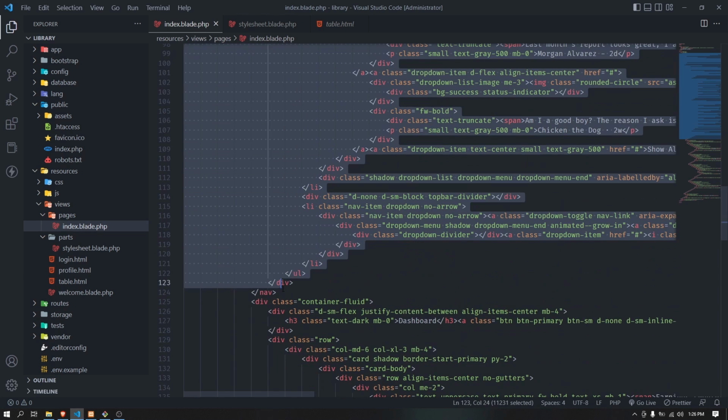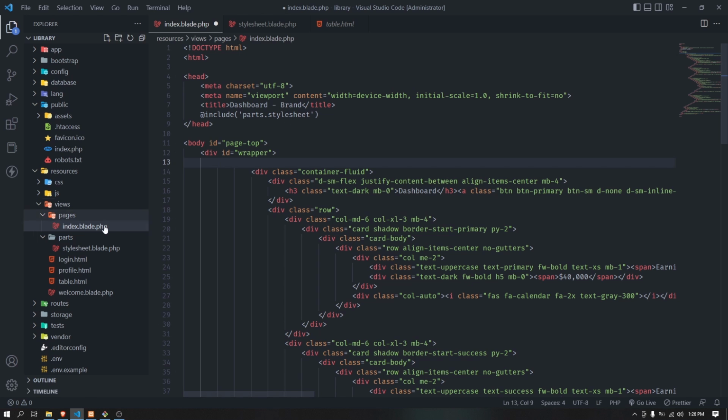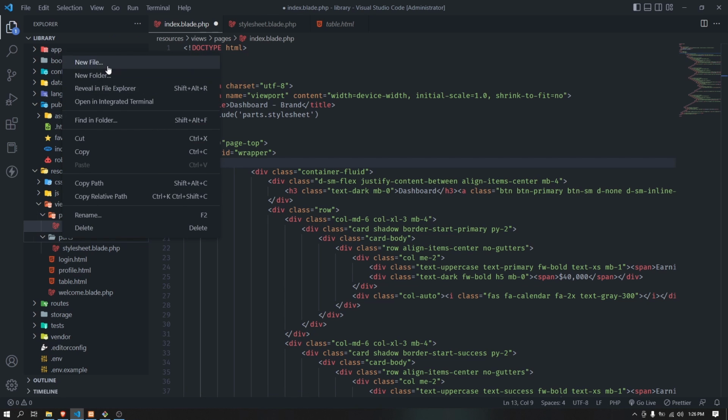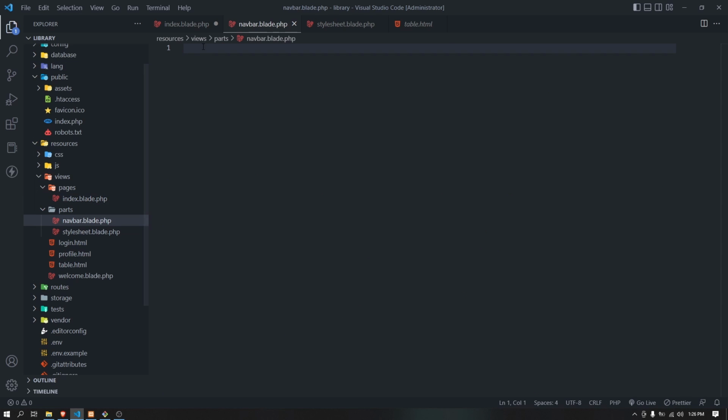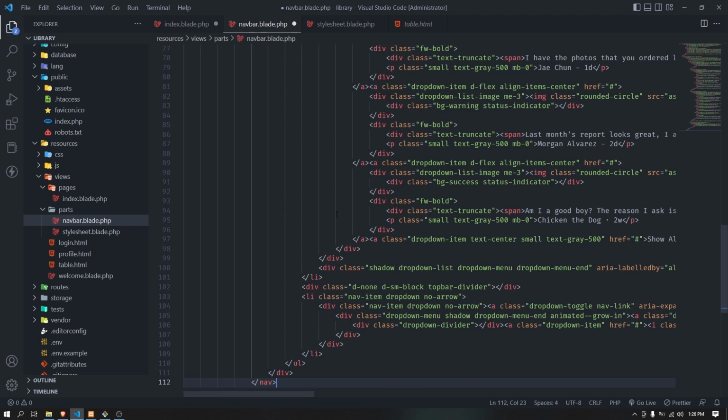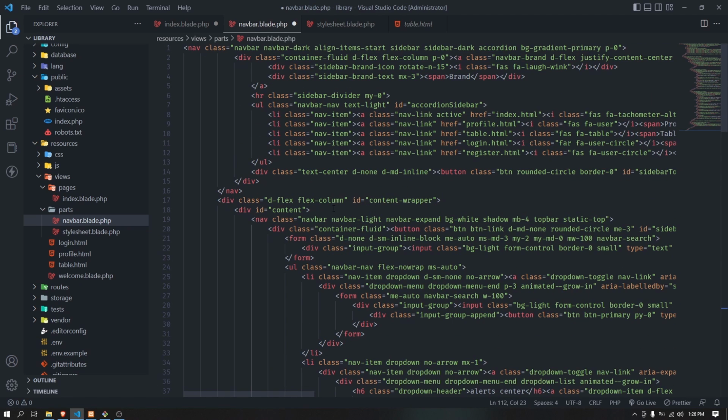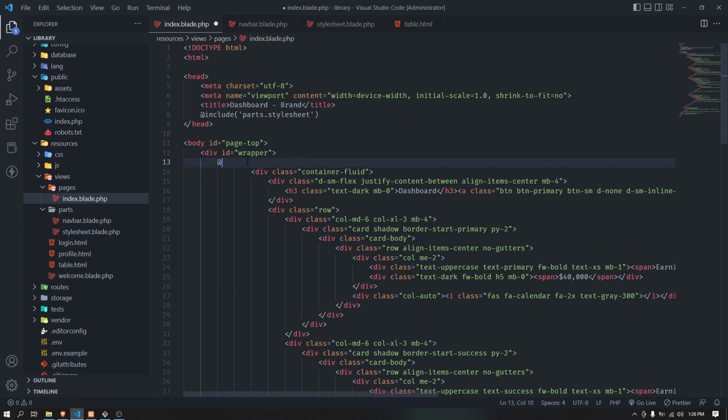and then nav, okay, Control X, and then make a new file in the parts. Let's say navbar.blade.php, right? Paste it here. Okay, save. In here we can just add include parts.navbar,